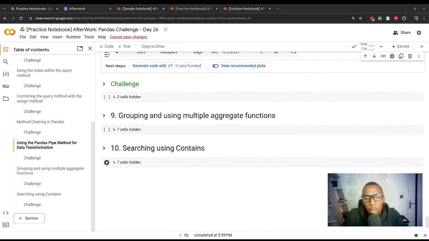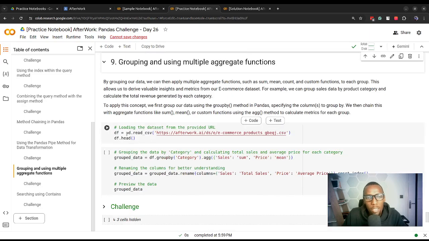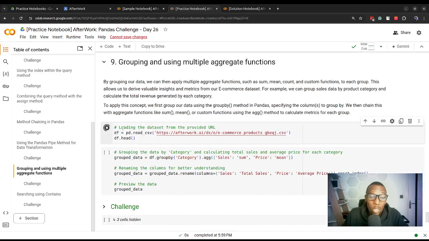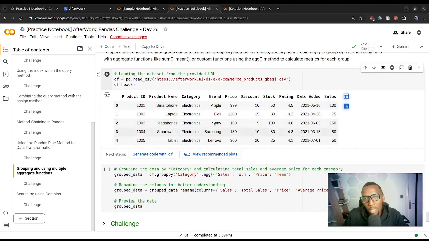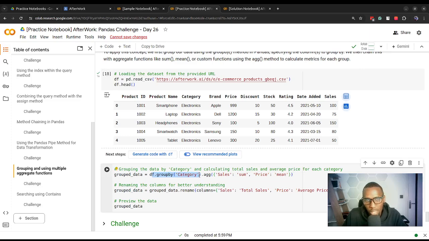Right, moving on, we might want to group data and have aggregate functions. So if we have this data set that we see here, we might want to create a summary table and calculate the total sales as well as the average price for each category. So we would first of all need to group the data frame by the category column that we see here, then apply our aggregate functions using the aggregate function, and